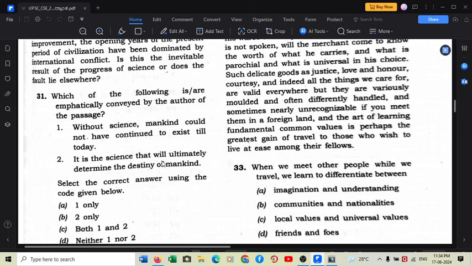Statement 1 is ruled out because here we are not talking about existence. Mankind certainly would have existed without science. So statement 1 is wrong. Another reason is that definitely it would have existed; humans might have lived in a primitive world. So saying that without science, mankind could not have continued to exist is absolutely wrong in a generic way also. But statement 2 is aligning with the passage as well. It is correct, and it is aligning with the passage. So the destiny of mankind is determined by science because science has become dominant now.